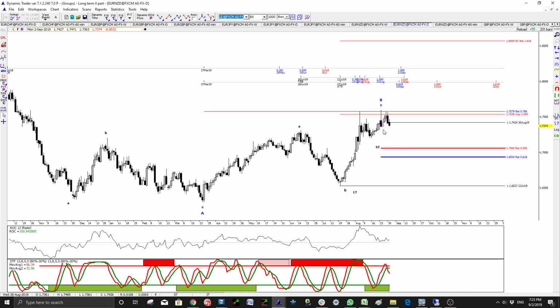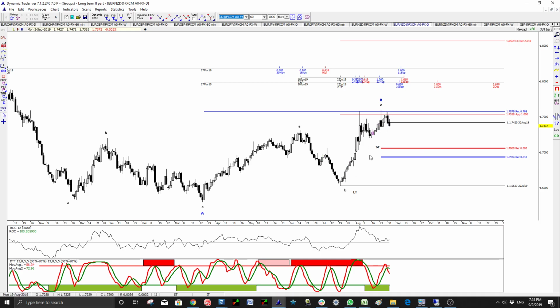right? The smaller ABC of B finished right into those Fibonacci price retracements, which is good. It confirms the pattern through Fibonacci price retracements. Then we have the timing. The timing is really close. So that would be a good confirmation for it. Maybe this market will come back a little bit, retest those highs, and we will have a slower reversal happening here. But we are very close to this time zone,